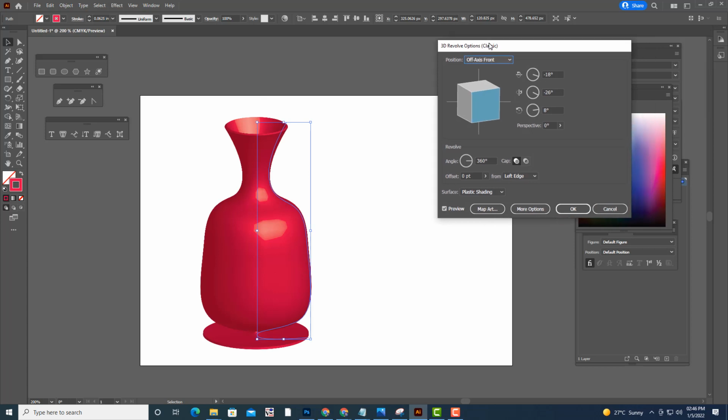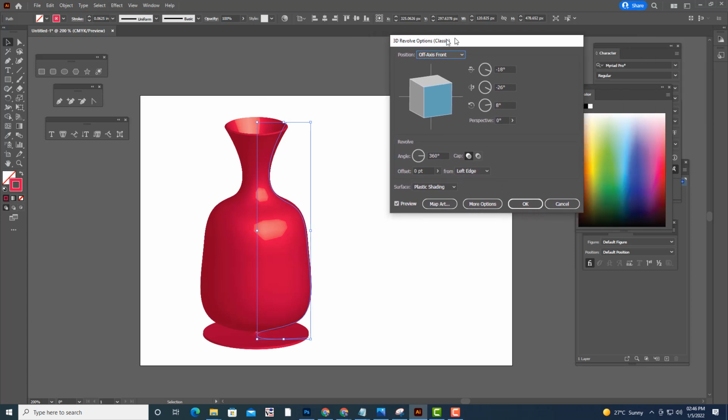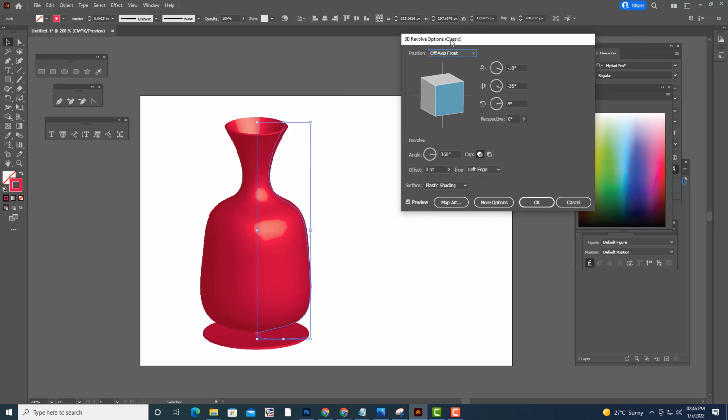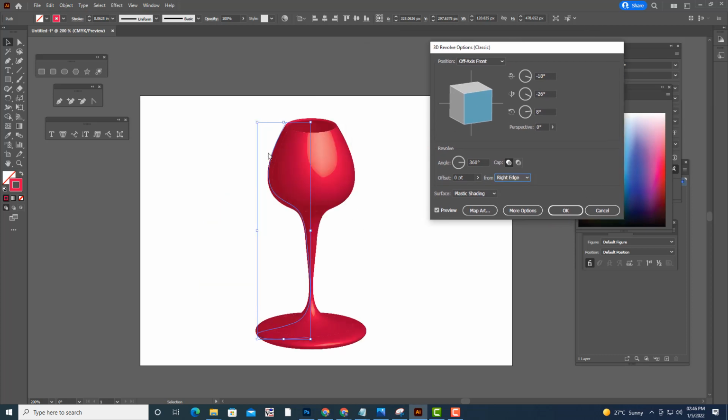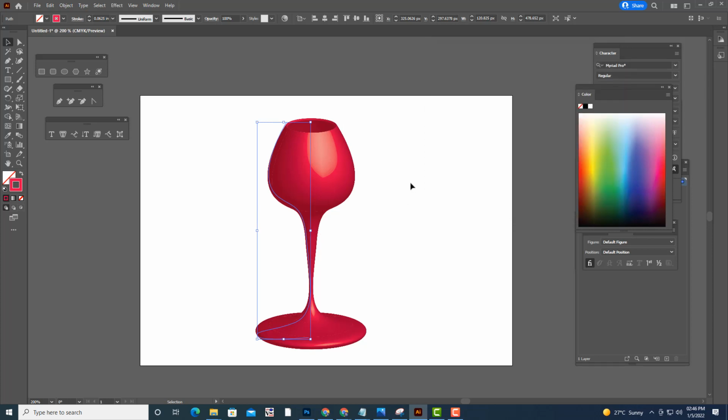See here, we got an object immediately. But we actually want a glass, so in this dialog box we will just use this right edge. See here, we got a glass. Let me change it a little bit.